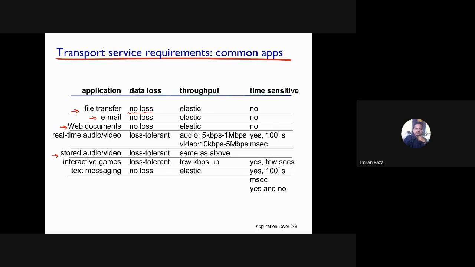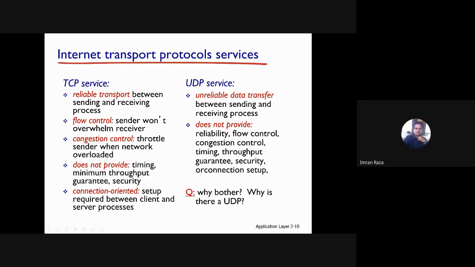Yes, and we have the same parameters. And what about interactive games? Losses are okay, right? We need a few kilobits per second and up as the data rate, and these applications are time sensitive, yes. What about text messages? Are losses acceptable? No. Is it elastic? Yes.